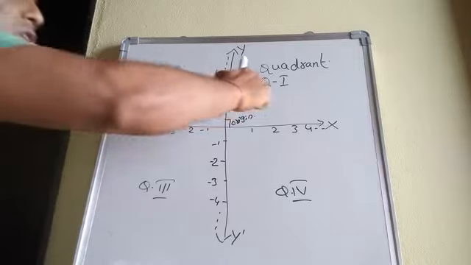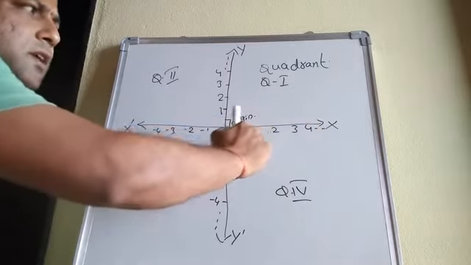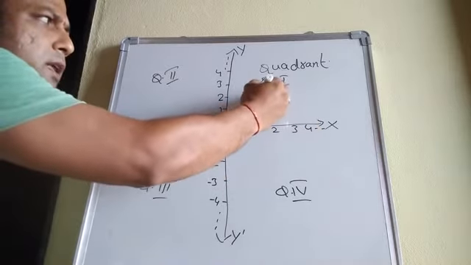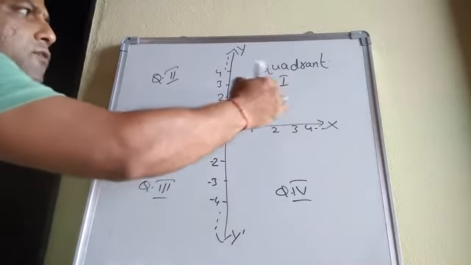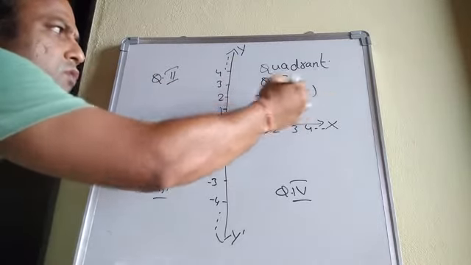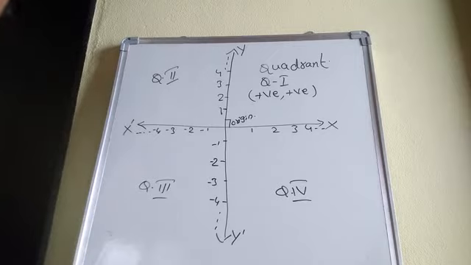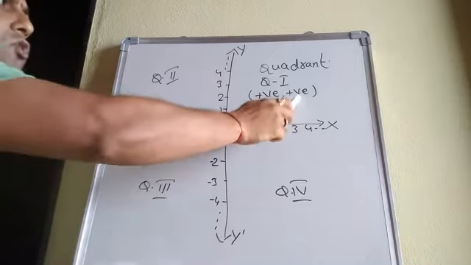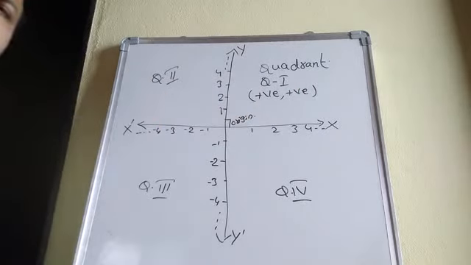So here in this quadrant, the first is of the x-axis, it is a positive number, so I'll be writing it as positive. And the second is of the y-axis, it is also positive. So what we have come to know here is that any point which consists of both numbers positive, positive, lies in quadrant 1.